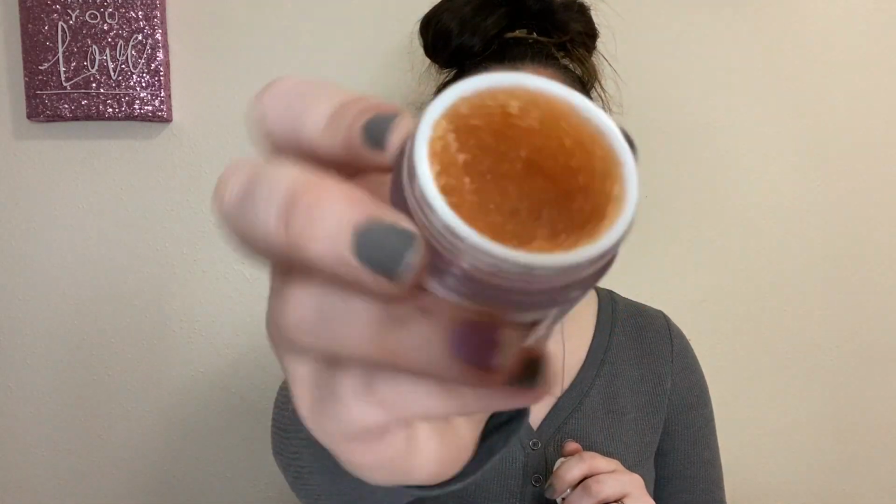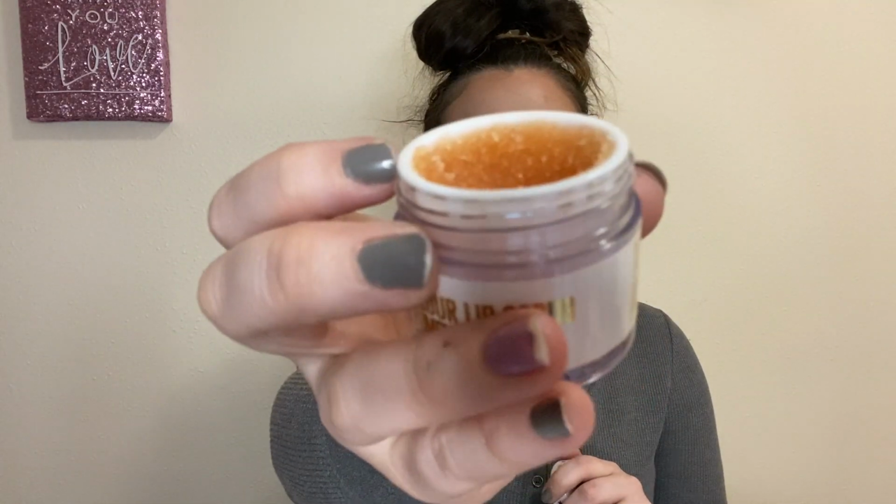So there's that. But yeah, I've been using it pretty much every single day, and I have a nice dip out of it. So I'm happy with the usage, just not happy with the ounces, but I can get over that. The next product is with Kay, and I had the